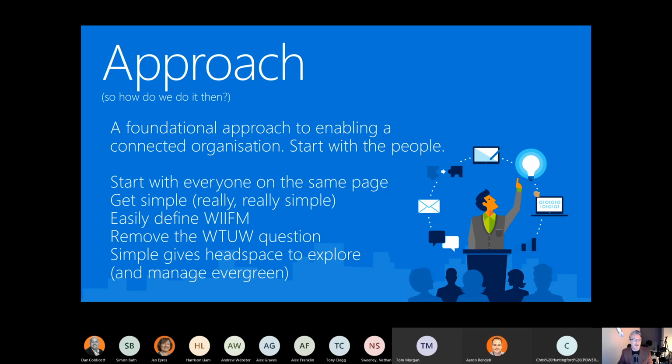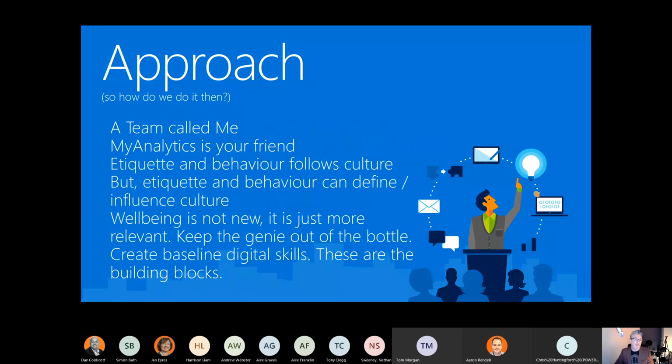Everyone's on equal footing to then find their own ways of doing things and manage that evergreen a bit better. It doesn't matter if change comes in because they've got their base level. It's not as disruptive if people are doing things a different way or still experimenting and something changes on the platform. So a completely off-the-wall idea I had is basically to create for everyone one team